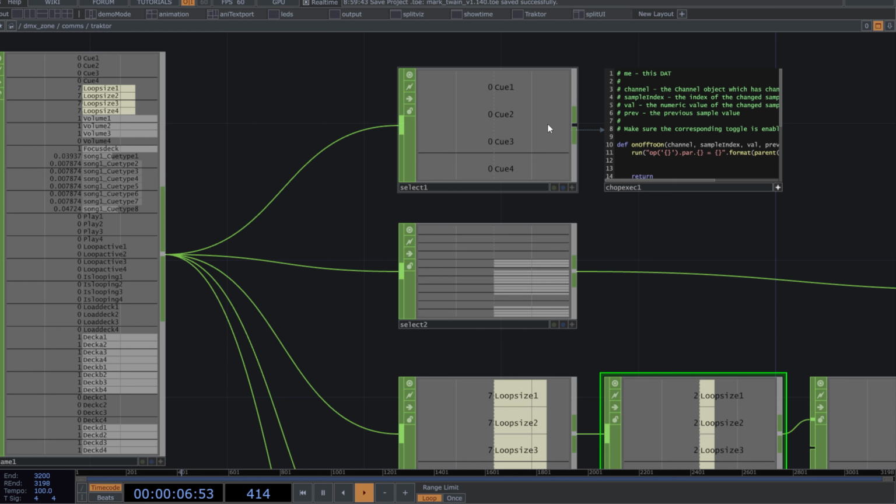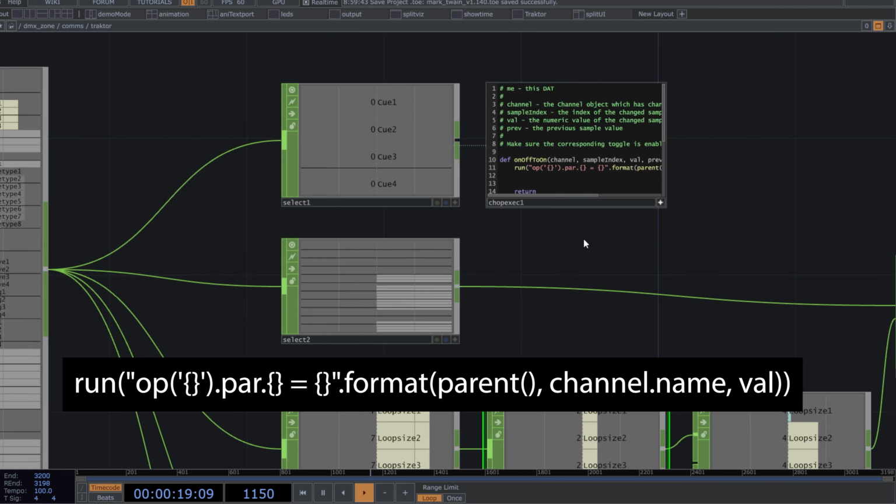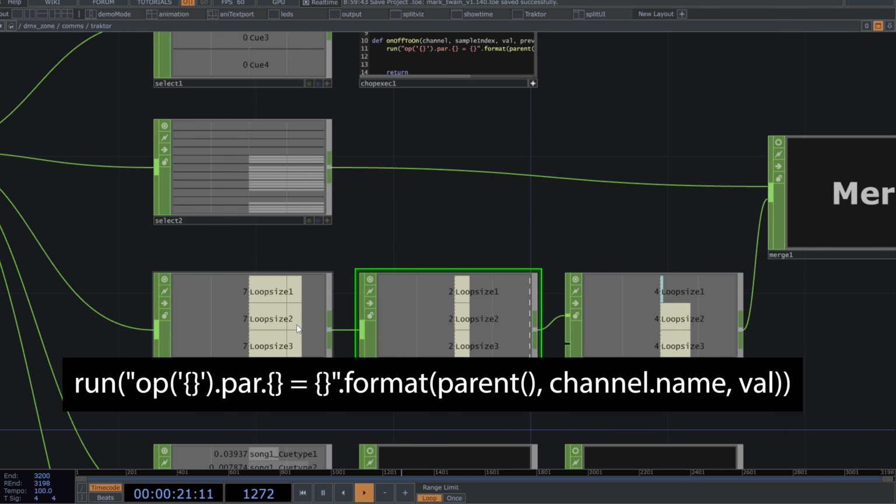And then we use a CHOP Execute DAT with off to on and this Python script to change them dynamically as the channels alter. We use the same script once again, this time in a CHOP Execute DAT with the value changed method.